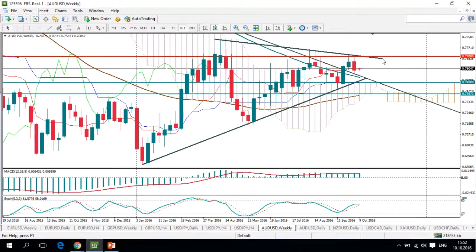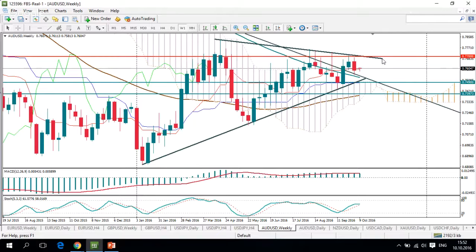I think that some large shorts are located here, so the market isn't moving much above this level. I think that this point will still be an upper limit for Australian currency during this